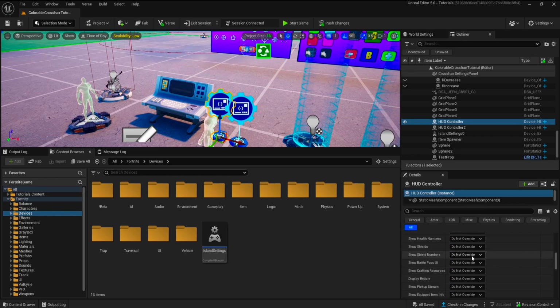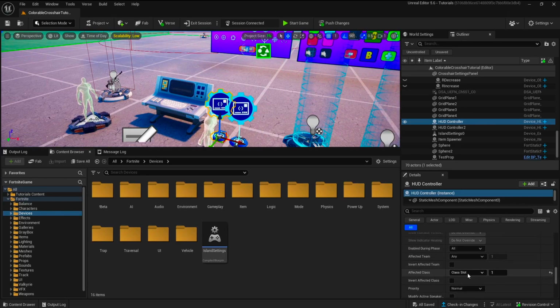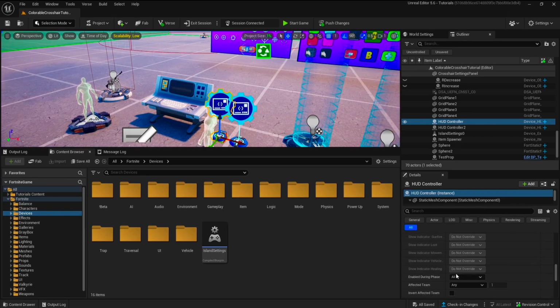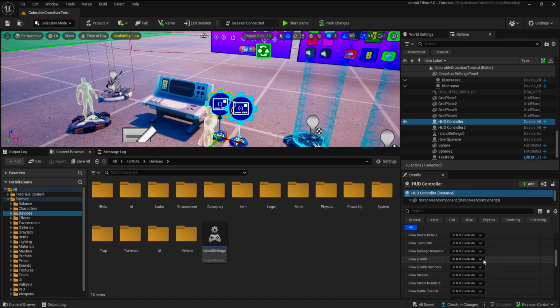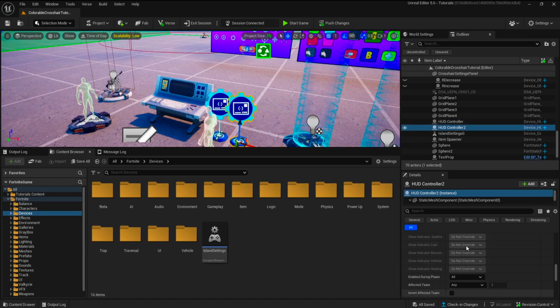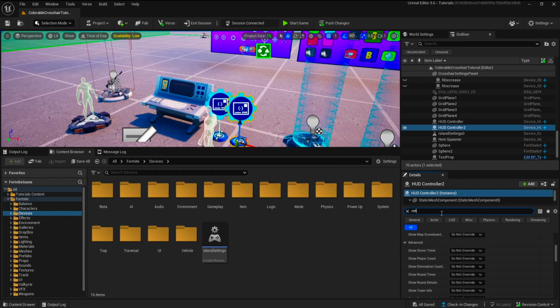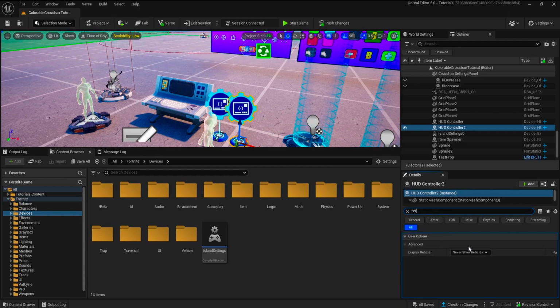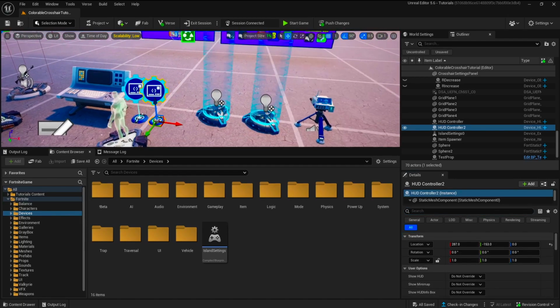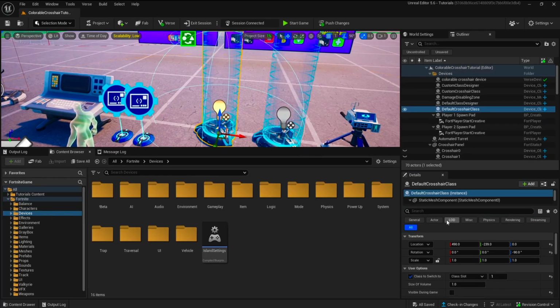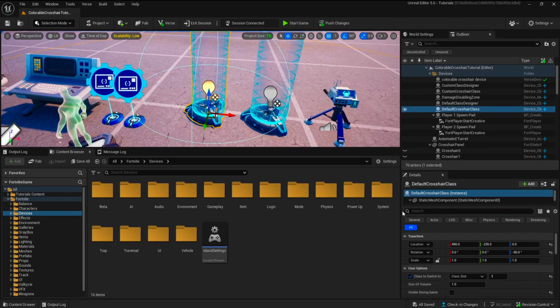So the first one needs to work with class slot 1, and it should be the default HUD controller, and this should be the second one. This should not display reticles. And then you need to have two